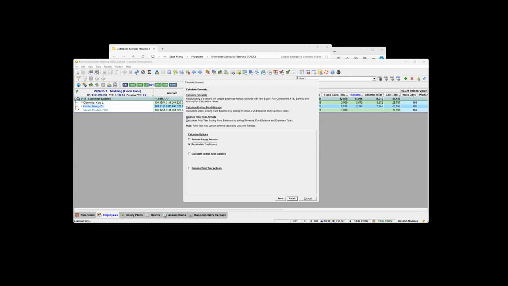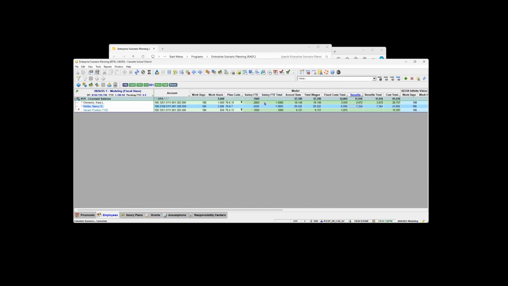And it's not like Excel where all the math is done instantly, because there's just so much math going on behind the scenes with all of the assumptions and the benefit plans and the calculations. The computers just aren't fast enough to do it all on a save. If you make changes in the grid, these total lines at the top will update, but just realize that they won't roll up into the financials unless you recalculate the scenario. So I would just recommend, don't worry about recalculate employees, just recalculate the scenario and check the recalc